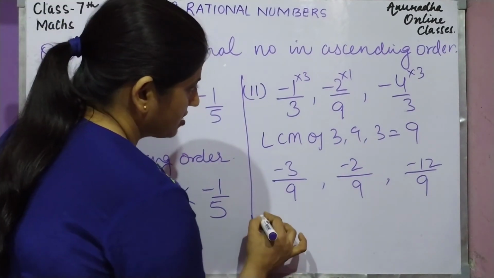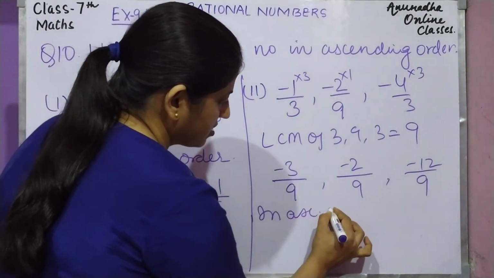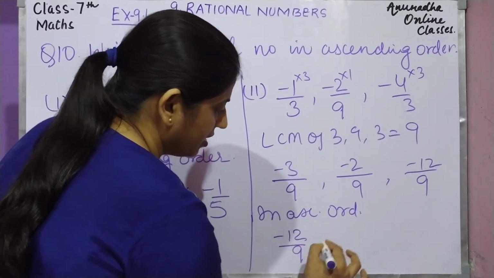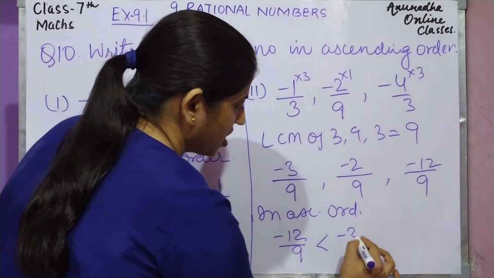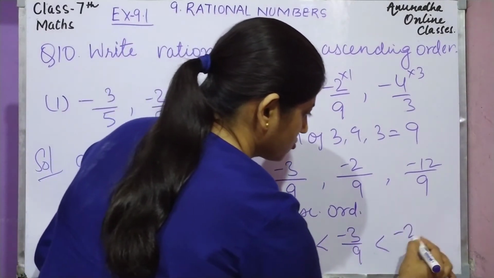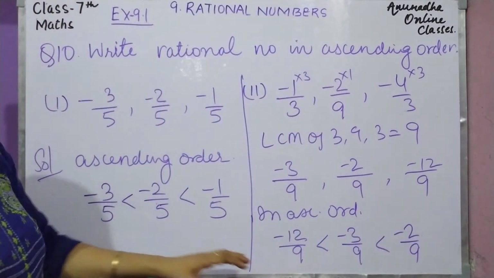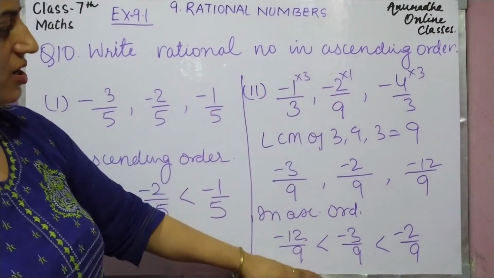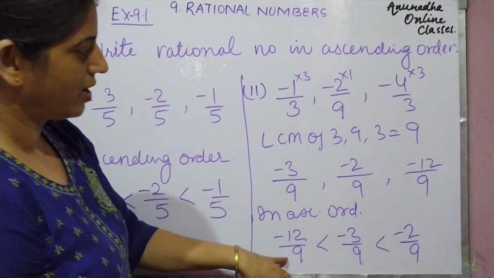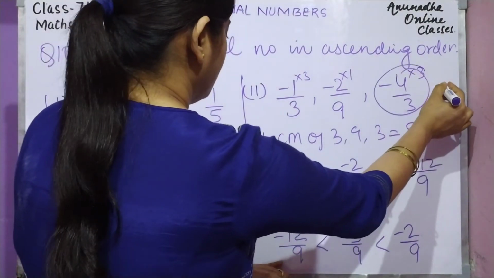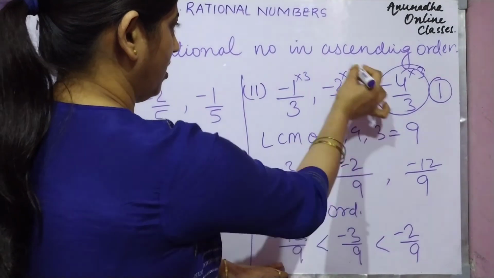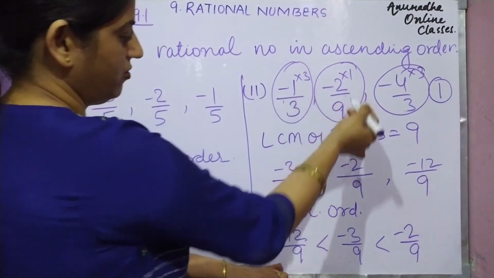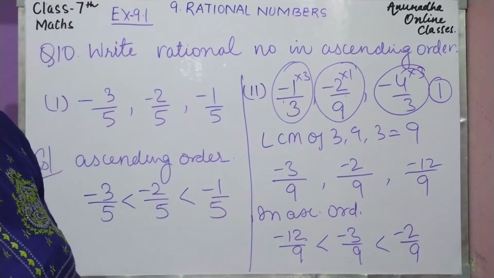So in ascending order, when we'll write it like this. Minus 12 by 9 is less than what? Minus 3 by 9. This is less than minus 2 by 9. Okay, so in this way you have to do the question, and you can write it in this way कि -12 by 9 कौन सा है, means this number is will come first. Second number पे क्या आएगा, ये वाला ही आएगा, that is -3. No, this one, and third one is this. Okay, in the next step you can do that.